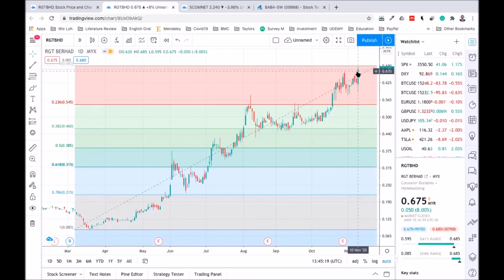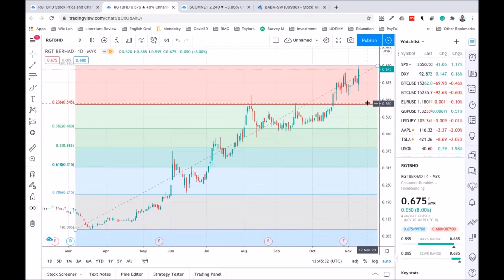So the probability is going down. If it goes up, you earn a bit. If it goes down, you lose a lot. So it's not the right time. You have to wait for it to break through here, or if it really goes down, that's also good news for you. If it goes down here, only then you buy. This is another one, because this is a new support. So if it goes down, you wait for